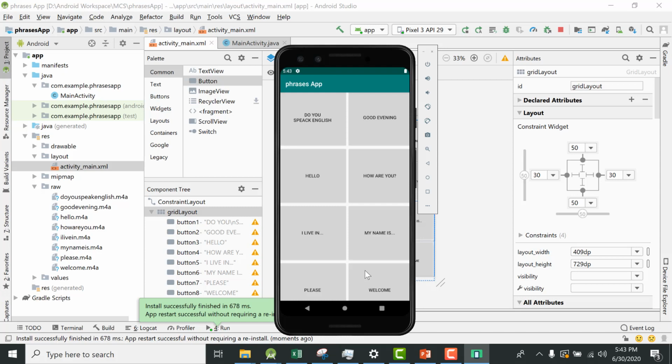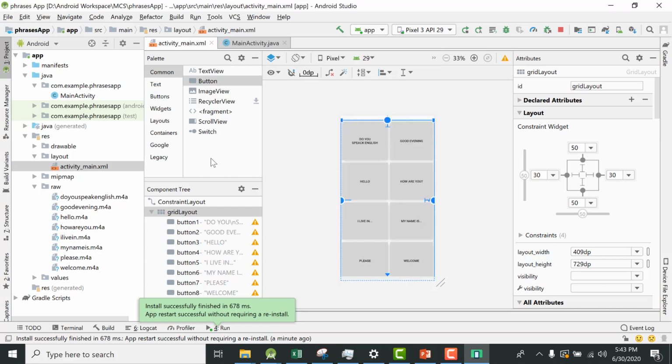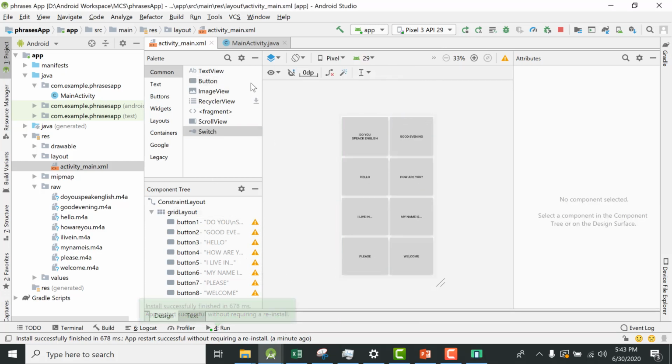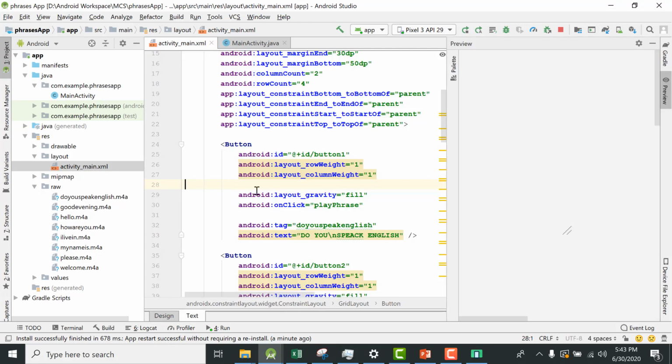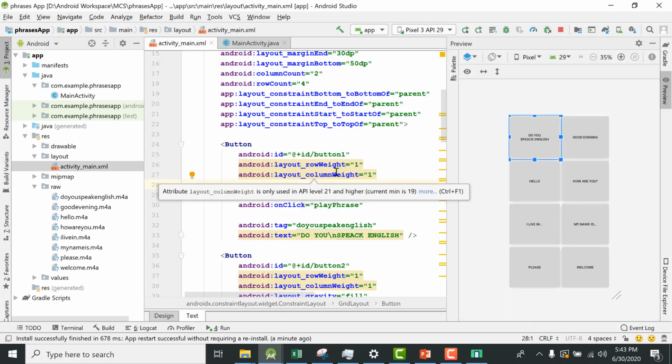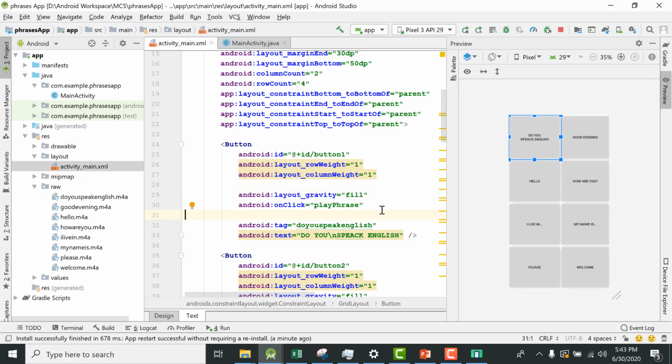we can fix it by removing this gravity fill and row width and row height, but it's up to you. And I think you should go and play with layout width and height, and I think that will also do the job for you. So this is your assignment. It's very simple. Use row width and row height instead.